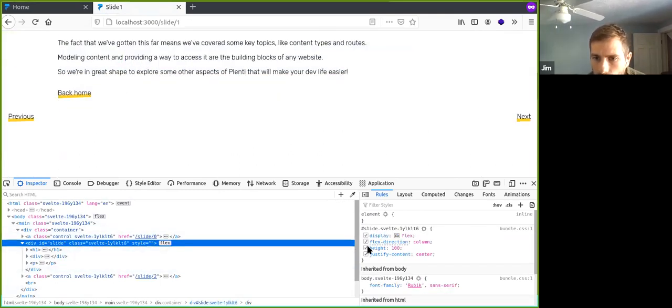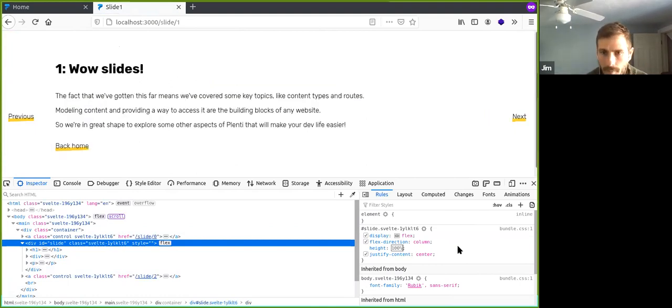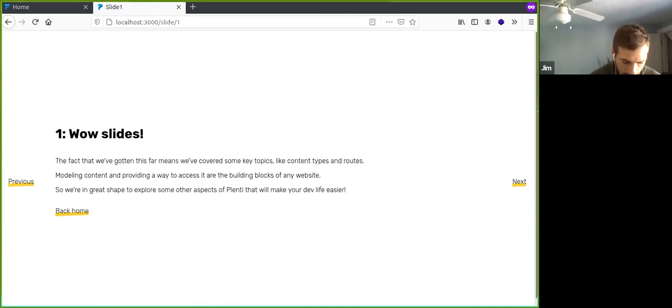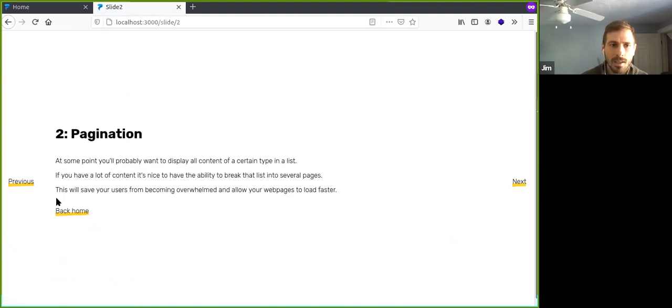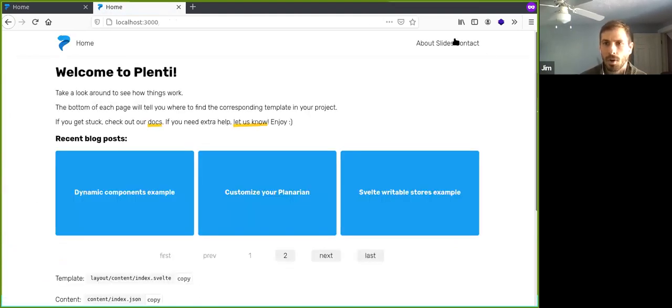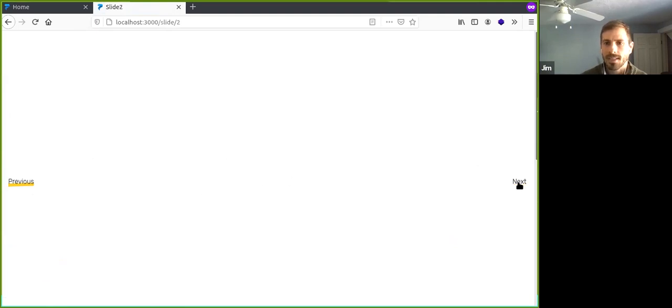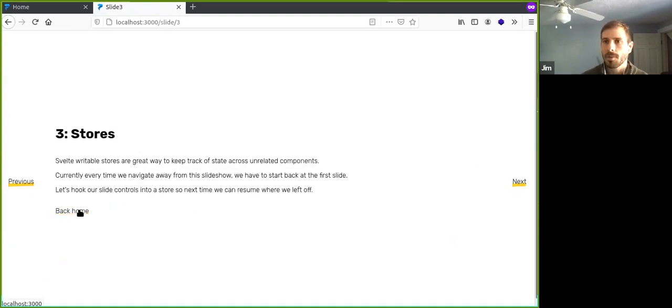Slide, flex direction, height 100 should not be 100, it should be 100%. I'm just going to do that. You don't need to see that. I'm changing that to 100%, saving that, coming back to my browser, giving it a second to rebuild, and let's clear the caches. Okay. Is everyone looking at my browser? We have this kind of mini slideshow going here. So we have next, we have back, we can go through our slides like this. So that should generally be working.